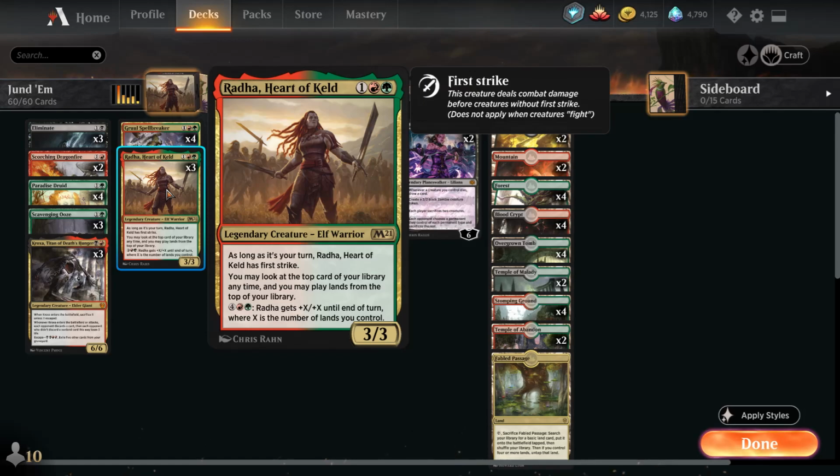With Radha, we can get into the red zone, and on attack, she has first strike, which is fantastic. Like Azusa, she helps us in the land department, insofar as she allows us to play lands off the top of our deck, which also is kind of like a pseudo-Bob effect, in that we're going to be able to